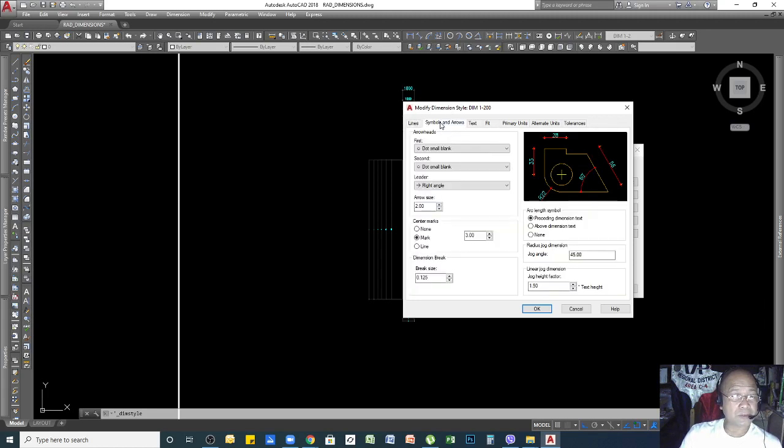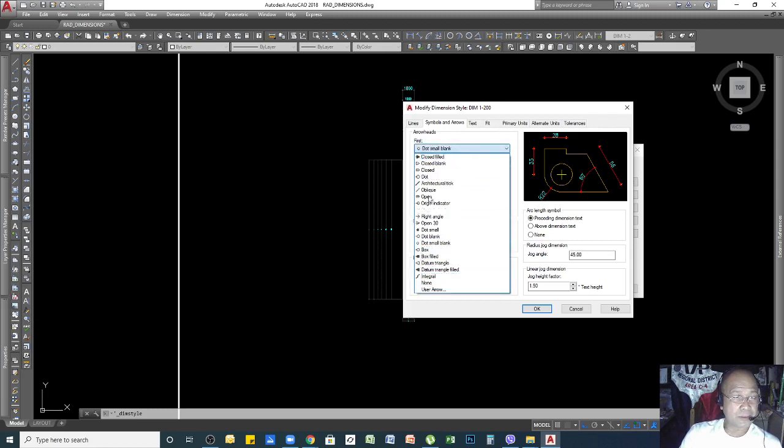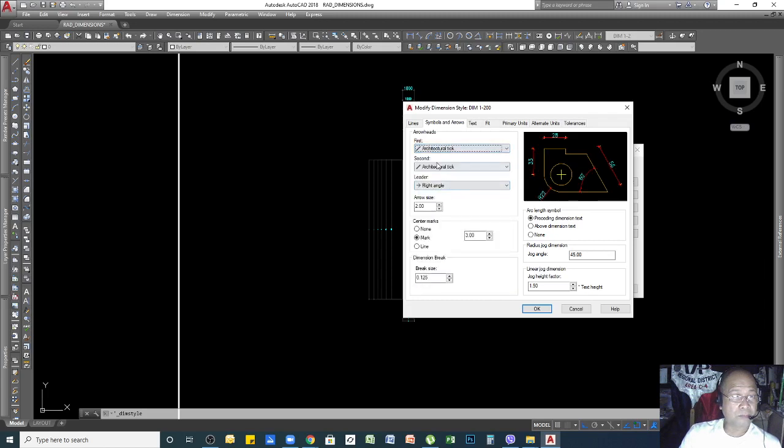So let us go to Symbol. Here you have options on what type of dimensioning you want to use. For this one, it is a small dot. Let's try this architectural tick. Automatically the two will change, meaning this one and this one, first and second.